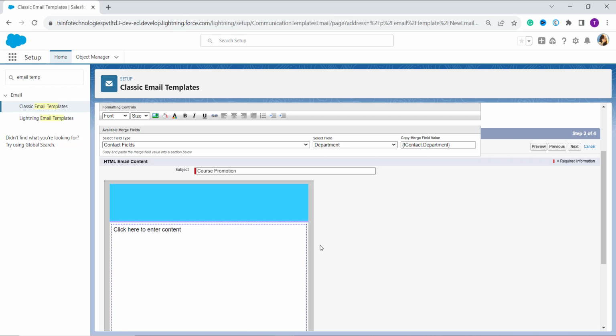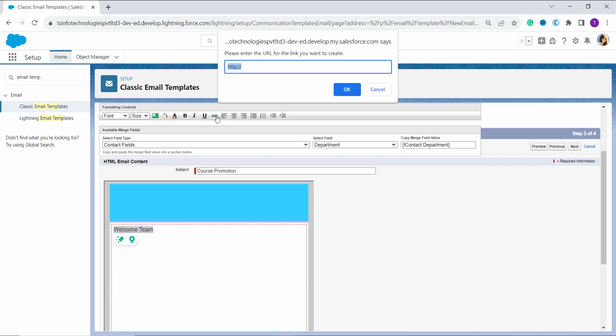Now to add the text related to the clickable image, select the text and click on insert link. Suppose here I have entered this text as welcome team. So I select this text, and after that I click on the insert link button located on the top.